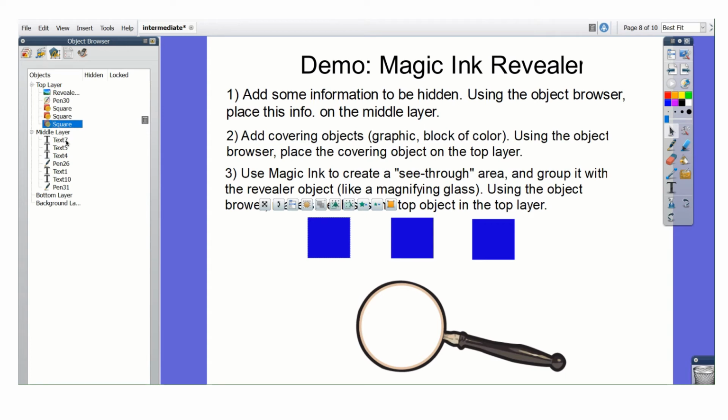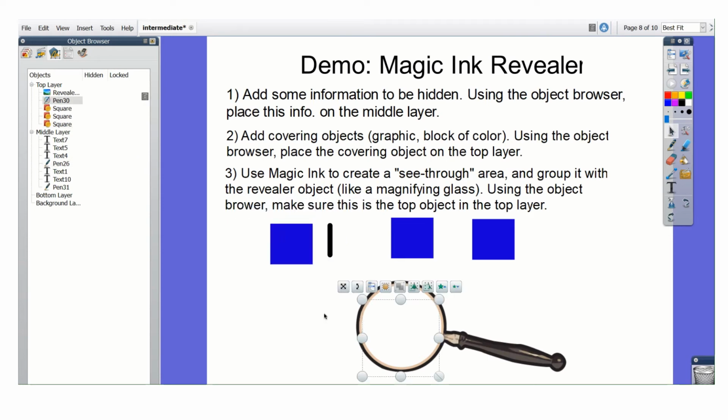Now, the things that we're going to look through and see, so for example here, when you look behind this element, known here as pin 26, simply numbered as we add them, if this is up in the top layer, you won't be able to find it, because whatever's in the top layer, you're going to peek through. So here's this square, and let me just make sure that I have my magic ink in here, and let me drag my highlight once again and group them together,